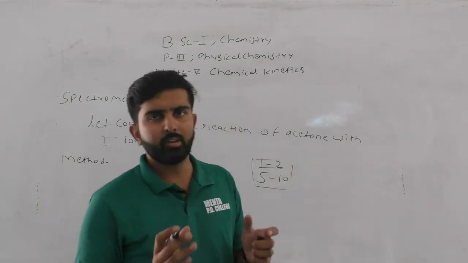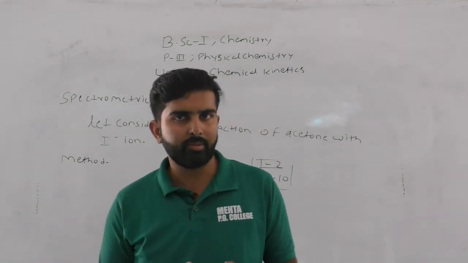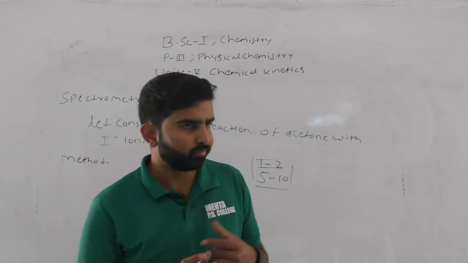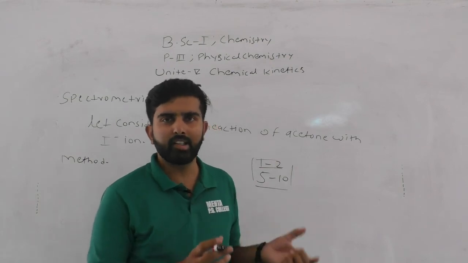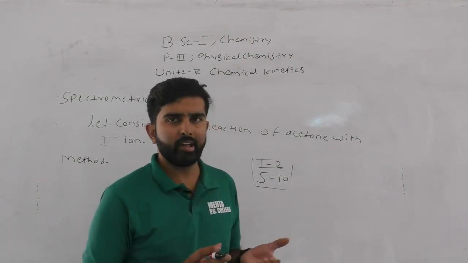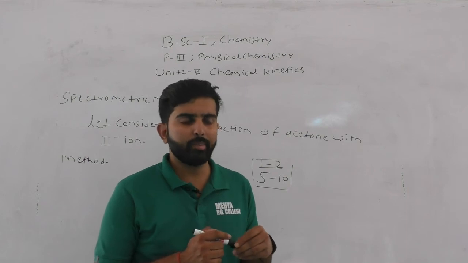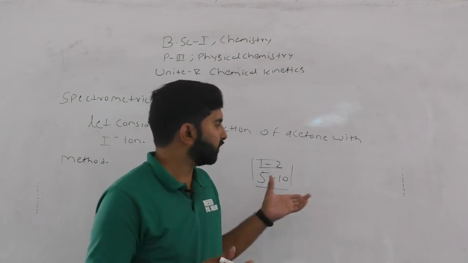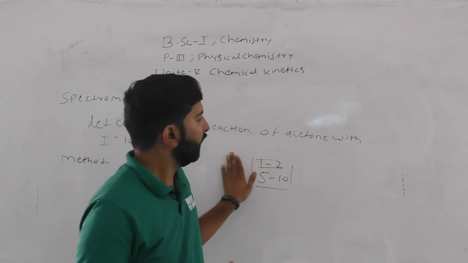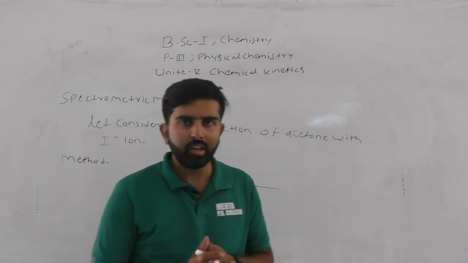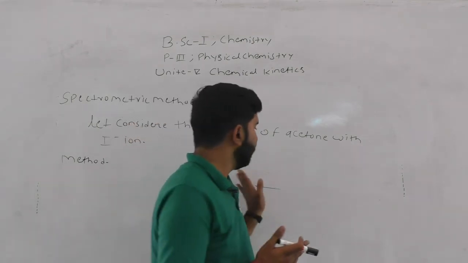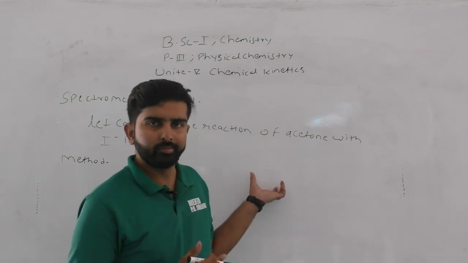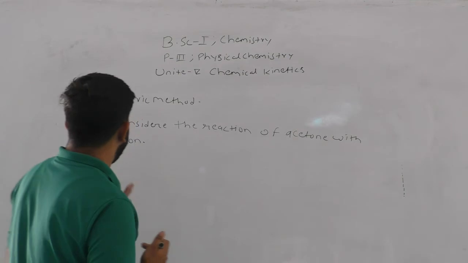Means first we take two flasks. In the first flask we put acetone and in the other flask we put the iodine mixture. Then we place both the flasks in a thermostat to make their temperature constant. When the temperature of these flasks becomes constant, we mix both the solutions and immediately start a stopwatch. At different time intervals, we get the values of absorbance. This is our method.